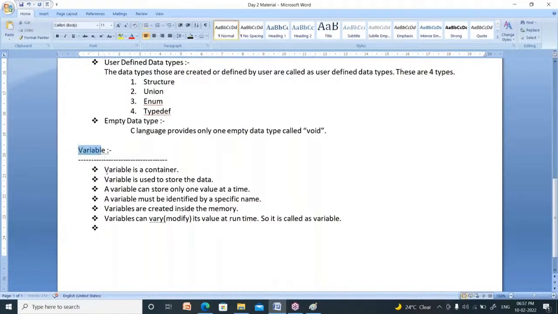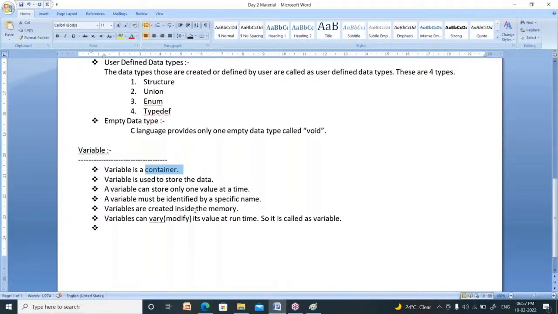So what is variable? Variable is a container. What is the use of this variable? It is used to store the data. Now, how many values we can store in a variable at a time? We can store only one value at a time. Every variable must have a unique name.